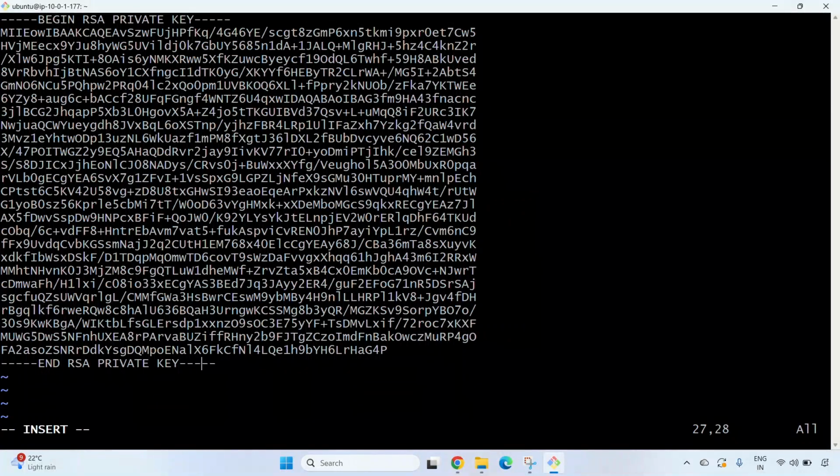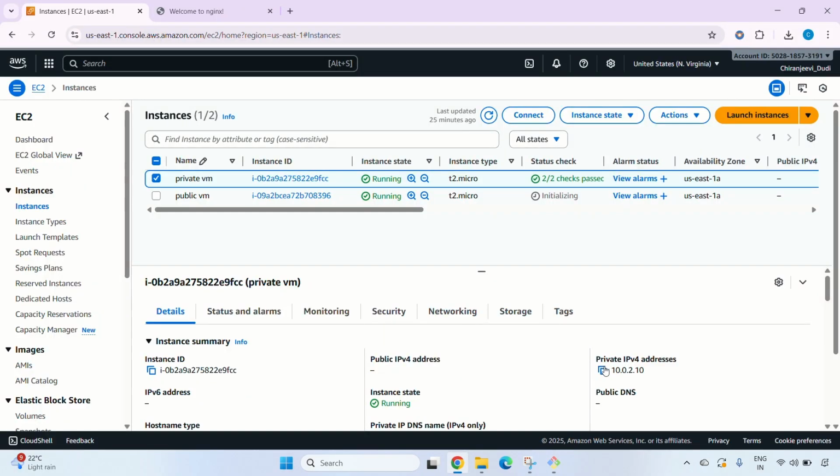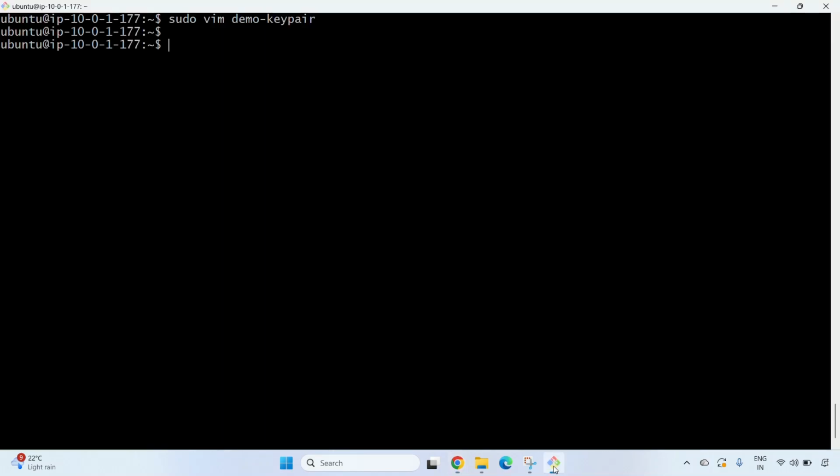Click on escape :wq to save and exit. Now go to AWS console, copy private IP, go to terminal, provide this command like